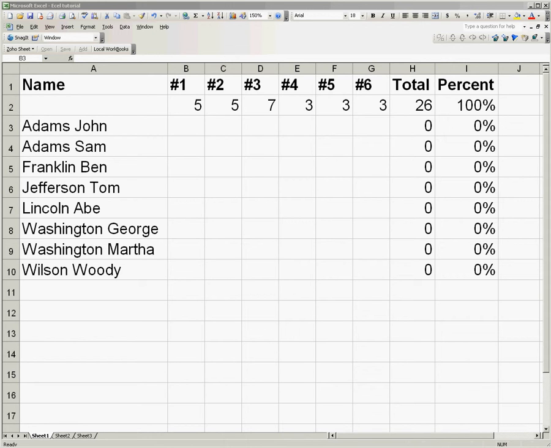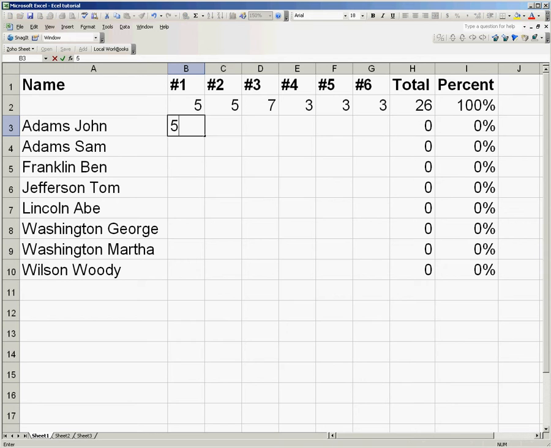Okay, we're now ready to start entering our grades for this class. Now, there are a couple of things you may want to do. One of which is that, typically, when I enter the information for each student, I'm going to have a kid's test in front of me, and I'm just going to put down what he got on each test. However, one of the things you may notice when you enter, say for instance, John Adams